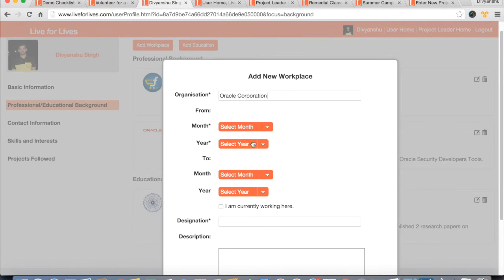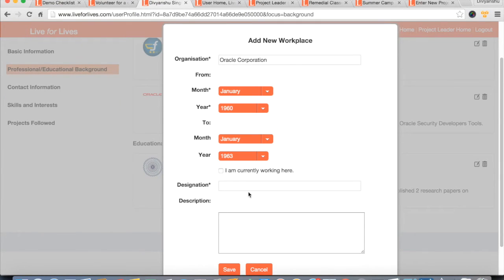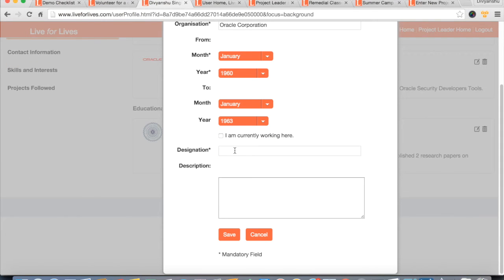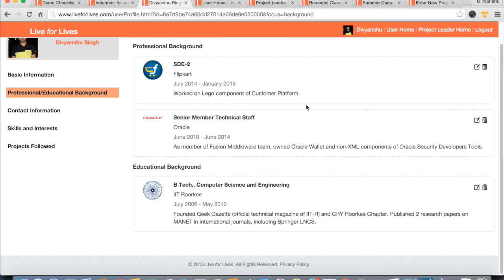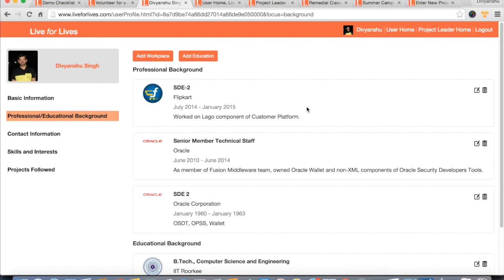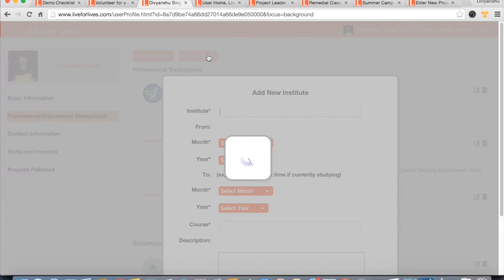Let's choose Oracle Corporation. So you can see that Oracle Corporation got added over here. Similarly for add education,